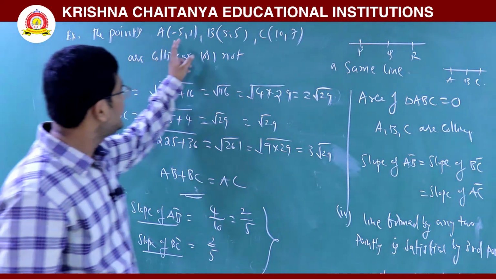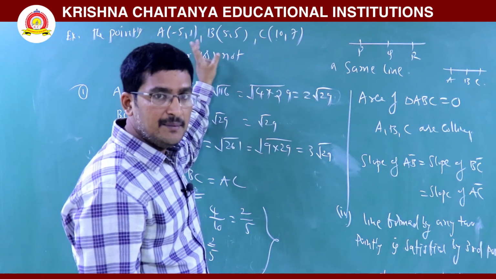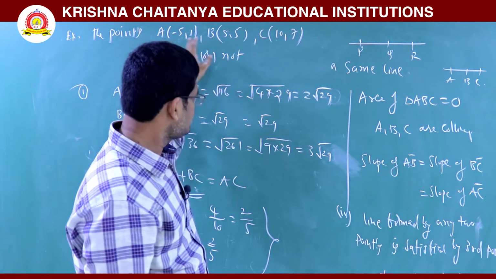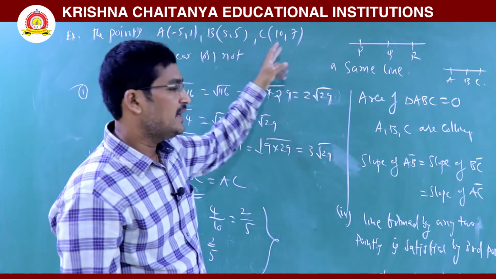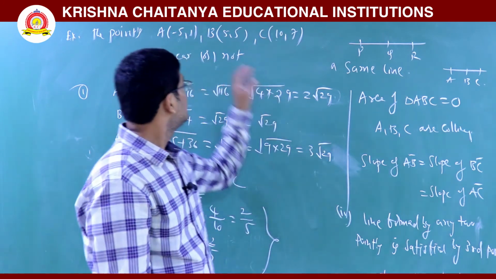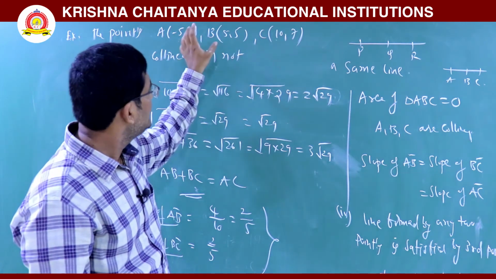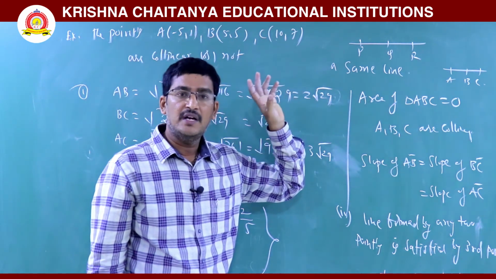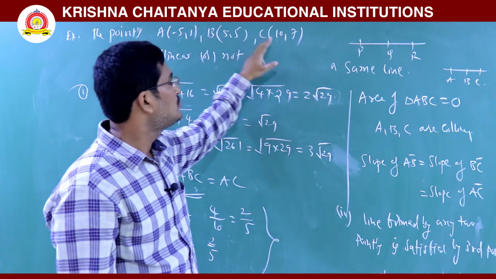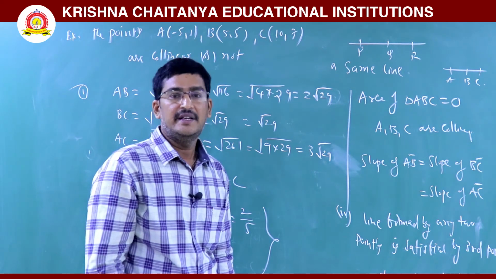Suppose you have to find the area of triangle ABC. Surely you will get the answer is 0. Area of triangle ABC is 0. You have to try. So in that way we have to say the 3 points A, B, C are collinear. Or the fourth method is, suppose you have to find the AB bar line equation by using 2-point form. You have to find the line equation passing through A, B. If that equation is satisfied by the point C, then also you have to say ABC are collinear. Just you have to try. First find the equation of AB bar here and substitute C in that one. You will get 0 equal to 0. So in that way you have to say ABC are collinear.